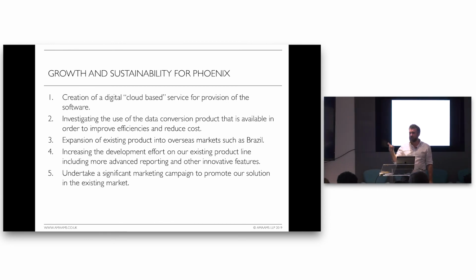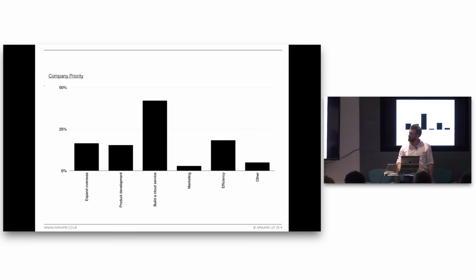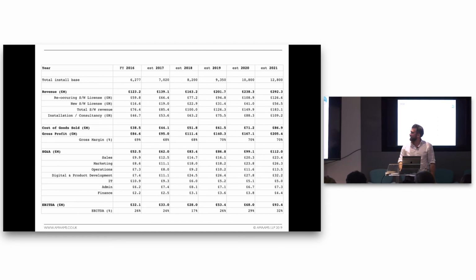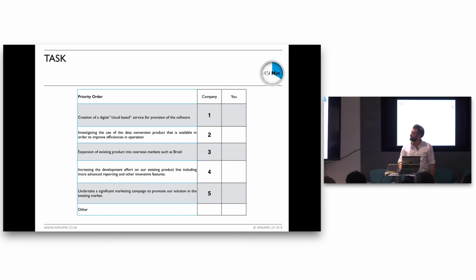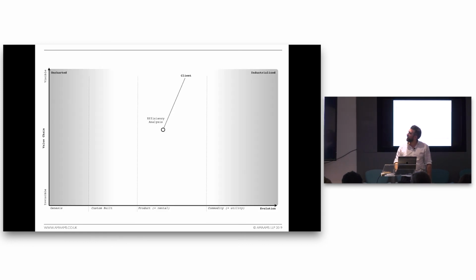In the MBA class that does this, we do this over about 4 hours, and we role play it. They go away, they get given some data, and come back with their scenarios. Everyone comes back, and they're going to build a cloud strategy. Then we say, well, have you thought about this in more detail? So we give them a bit more data and the P&L, and ask them to evaluate some options. Then we say, right, you vote on what you're going to do the first time round, then we start to build a map, and we look at the structure of the map,